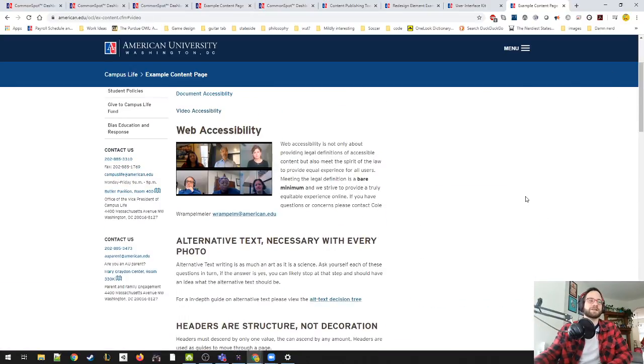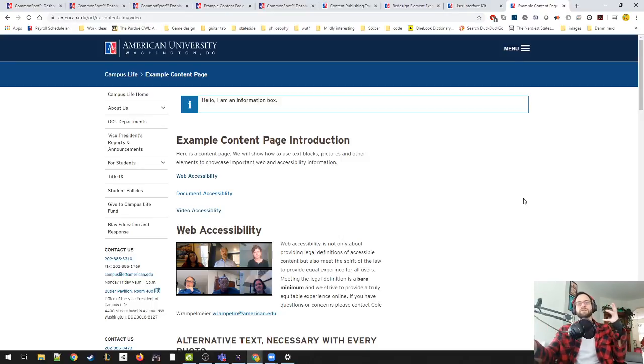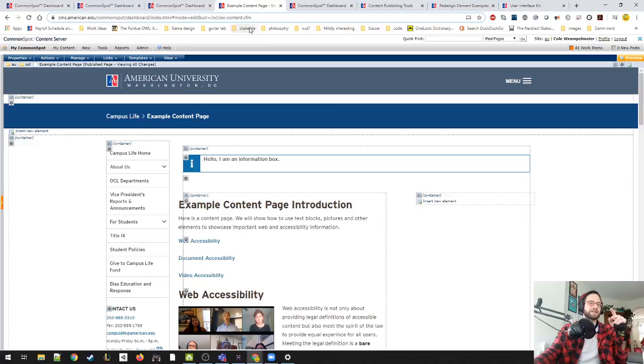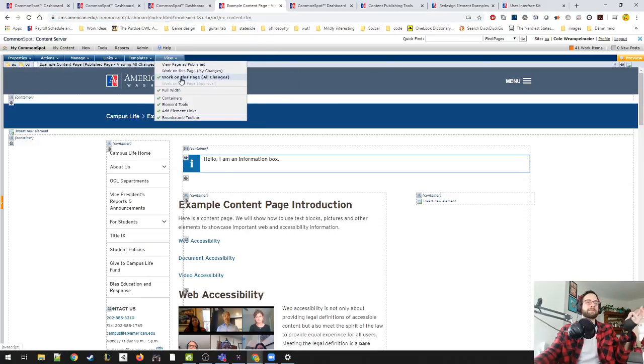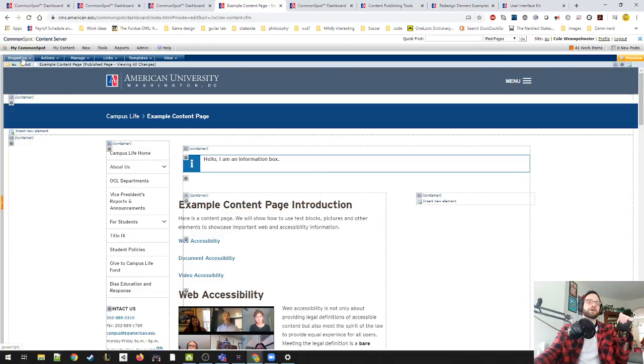Okay, so we don't want this page to actually be live. Since it's live, this means that Google's bots are crawling through this page, starting to find it, starting to add tags to it, and add it to Google search results. We don't want that, right? So you can go to work on this page, all changes, and you see we don't have a submit because we don't have any changes, and we don't have an activate button there because it's already activated. So where's the deactivate button? I hear you ask. Well, under manage here,